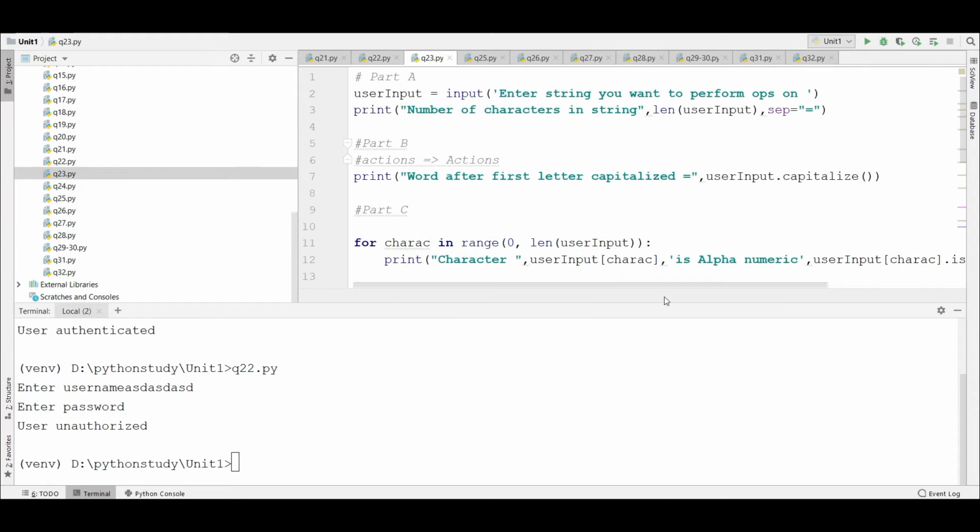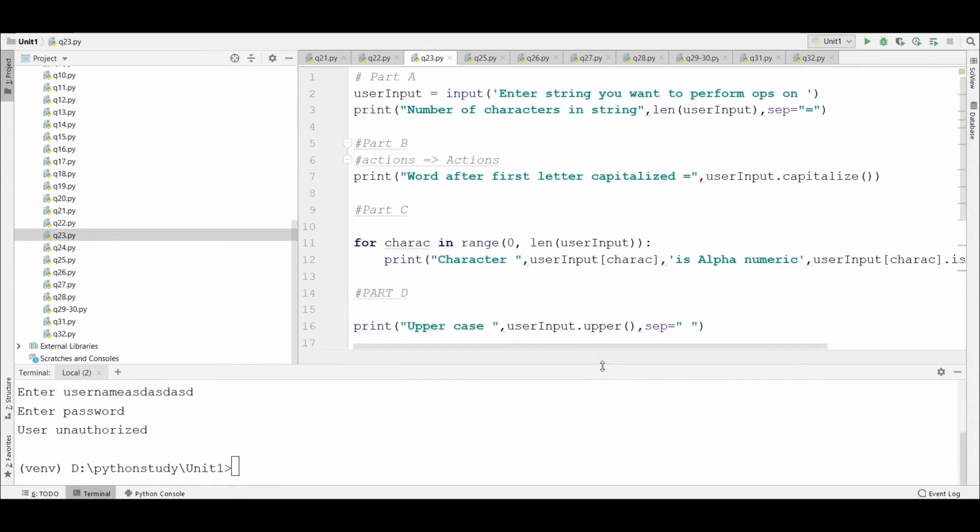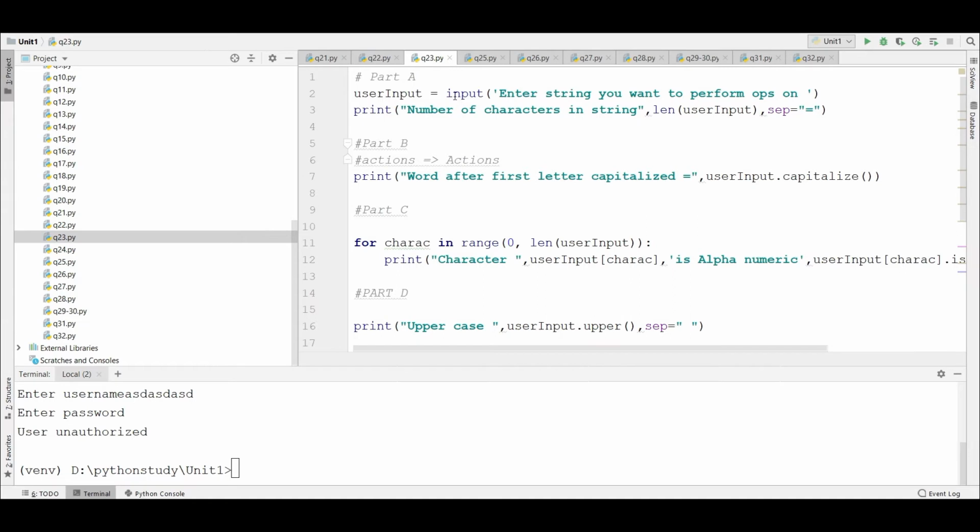As you can see, I have written it quite clearly, parts A, B, C, D and E. For part A we have taken the input on which we will be performing our operations, and to print the number of characters I have used the len keyword. If you use len, it gives you the length of the entire string. Because what is a string? A string is a set of characters. For you it may be a word, but for the language it's actually a set of characters. So by using len you can count the characters, and you can simply print it.